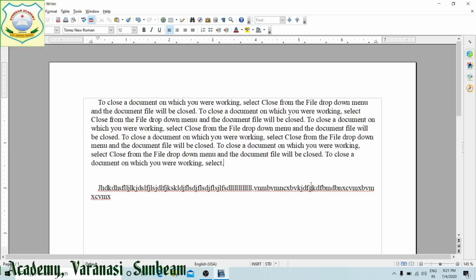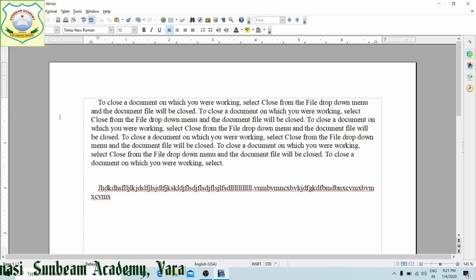This is your indentation. Again I am telling you, this is margin, but this is indentation. You can see this is the page boundary. The distance between the page boundary and the text is known as your indent and this is known as margin.